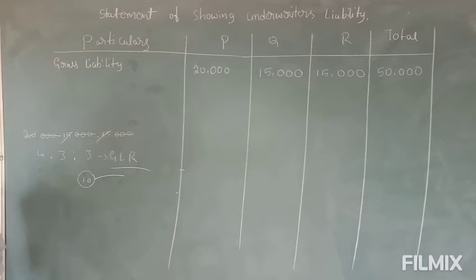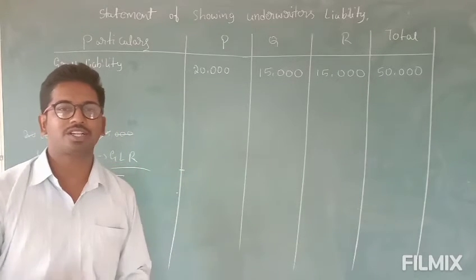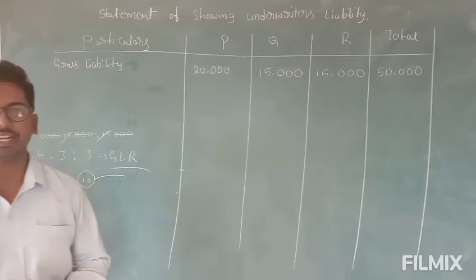So we have already found out the unmarked applications initially. So the total unmarked applications we have is 15,000. We distribute the unmarked applications in the gross liability ratio to the underwriters, because it's a complete underwriting. Partial underwriting was when a PQR company would come. So by looking at the question we shall understand whether it's a complete underwriting or partial underwriting.